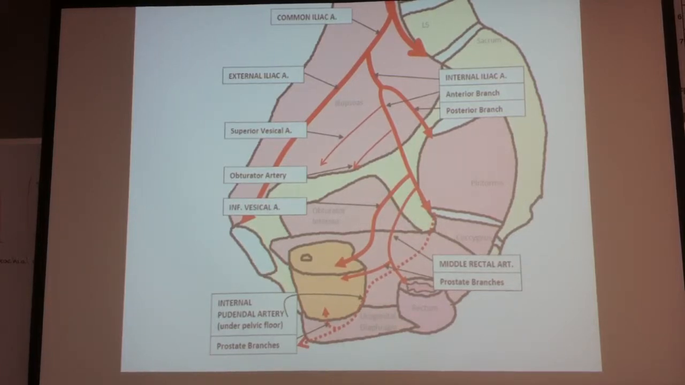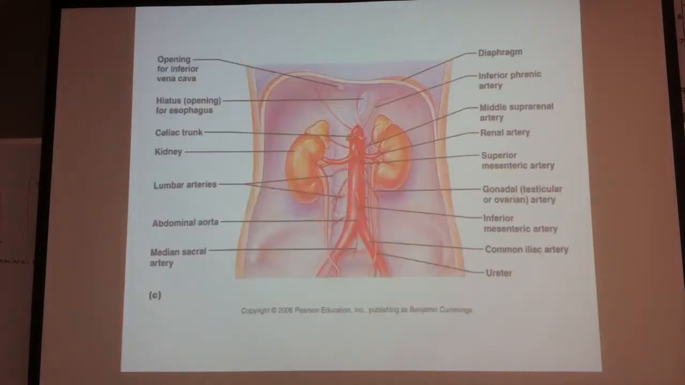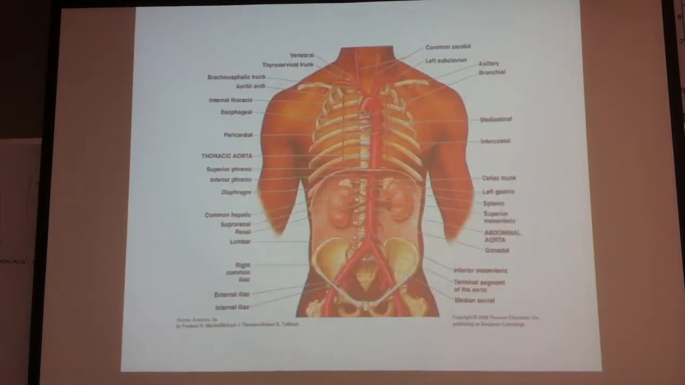There are obviously other branches, so we have branches to the vagina that come off, and branches to the seminal vesicles or the prostate gland, but those are branches off of some of the major vessels that we already know. Okay, before we move into the lower limb,